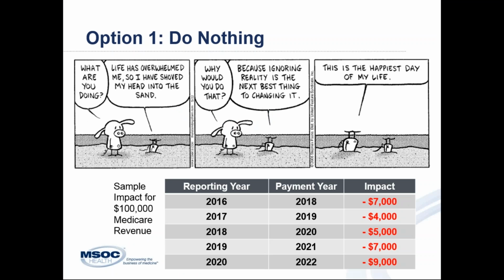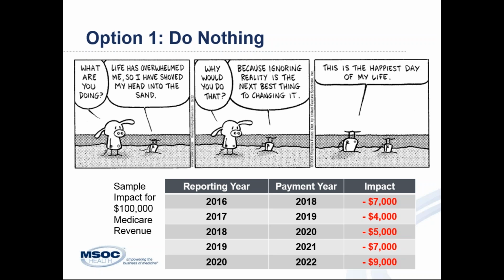Well, your first option is to do nothing. It's not a totally unreasonable option for some people. Let's say you had $100,000 of Medicare revenue. As I mentioned, for many practices, the most that you can lose this year, based on what you do this year, for that $100,000 is either $7,000 or $9,000, depending on the size of your practice. Next year, for the 2017 reporting year, the most you can lose is